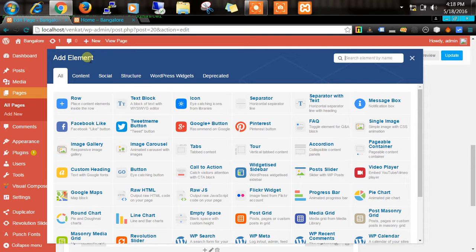Say for example, now I want a dash, then some text, then again the dash. That thing you have to use is the second one, separator with text. Here you have to give the text which you want. Understood? After that, this is like an information message. Some users would want to highlight certain things, right? In that case, there will be an icon plus some message with a blue color icon, or based on the theme you can change the color. So you will use the message box over there.